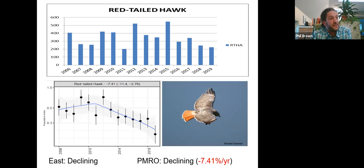For each species, I have prepared a series of these images that show on top the seasonal or the yearly trend, showing the number of hawks, the y-axis, by the year. So looking at the range, this shows there are basically between 200 and 600 red-tailed hawks on an annual basis at Pack Monadnock. The graph on the bottom left here shows the RPI trend for the species up to 2019